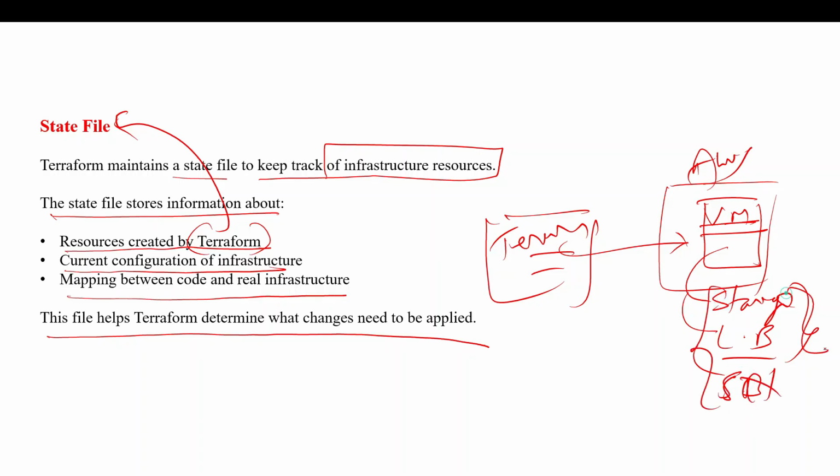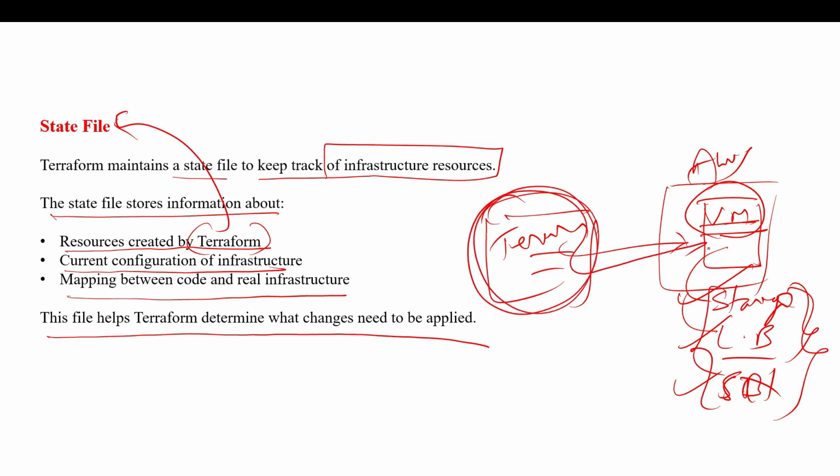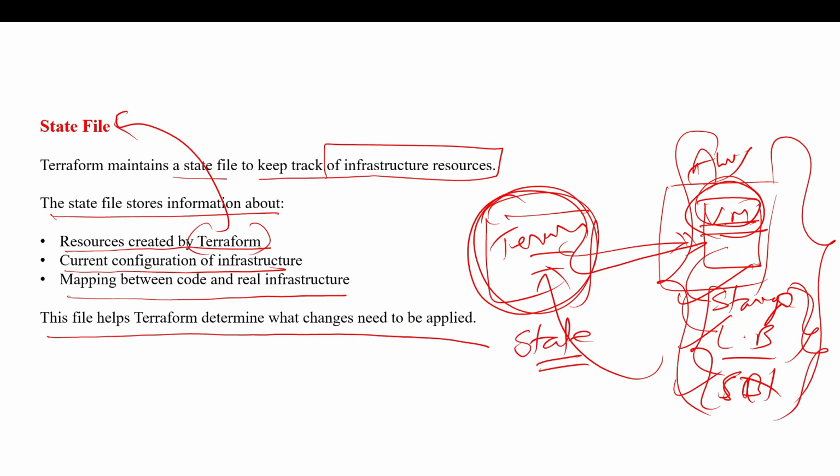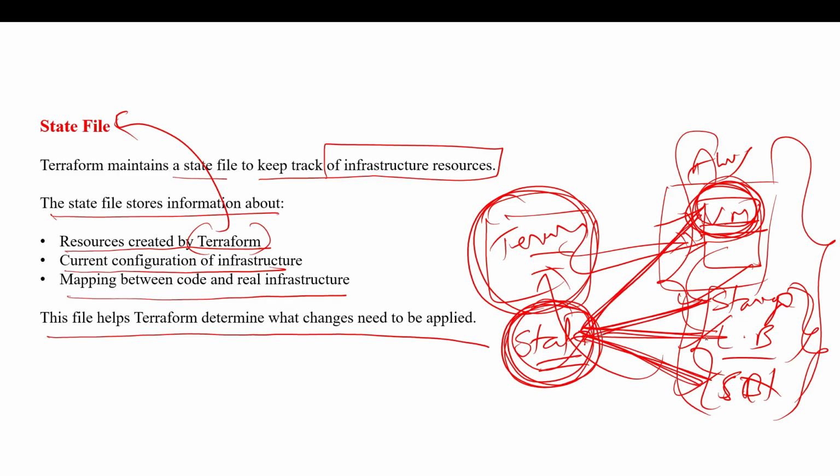Okay, so these are some resources that have been configured with the virtual machine, your storage, your load balancer, and your subnet, right? So now when Terraform runs your script, it is going to create these resources in the AWS cloud. Once it is created, Terraform is going to maintain a state file. What we have inside the state file is complete information about whatever resources have been created in the cloud. So this state file will have information about this virtual machine, this storage, this load balancer,